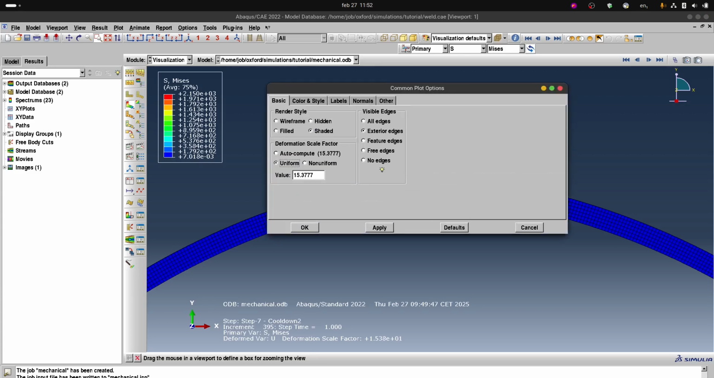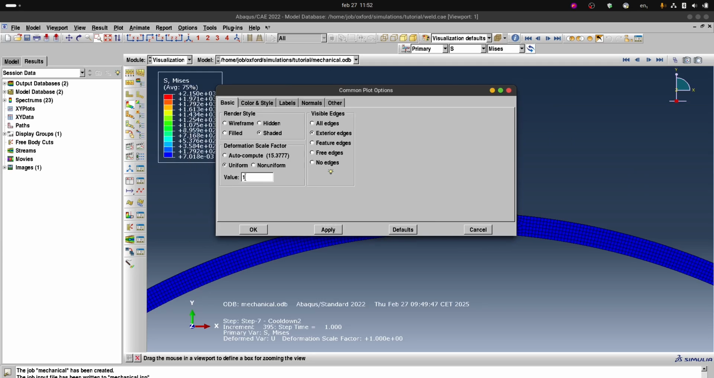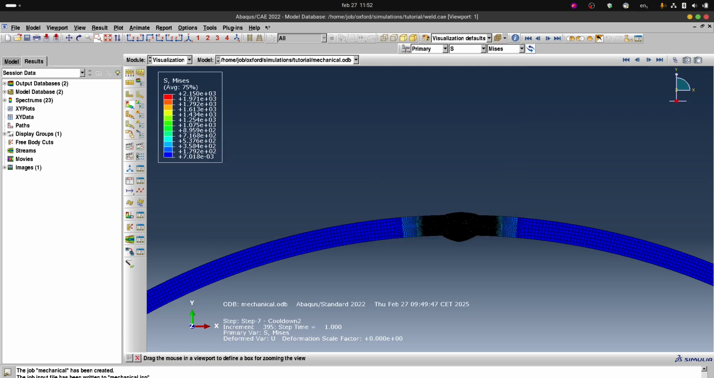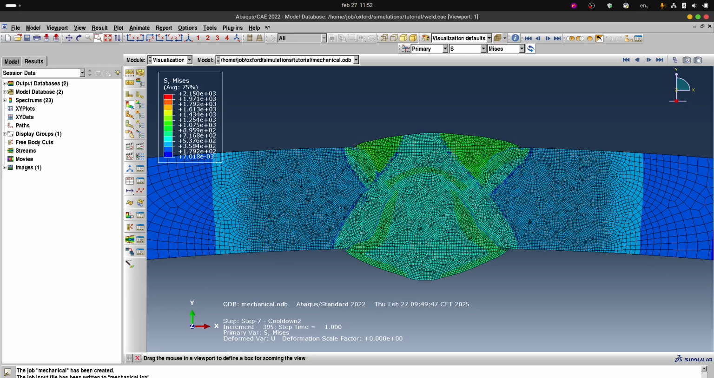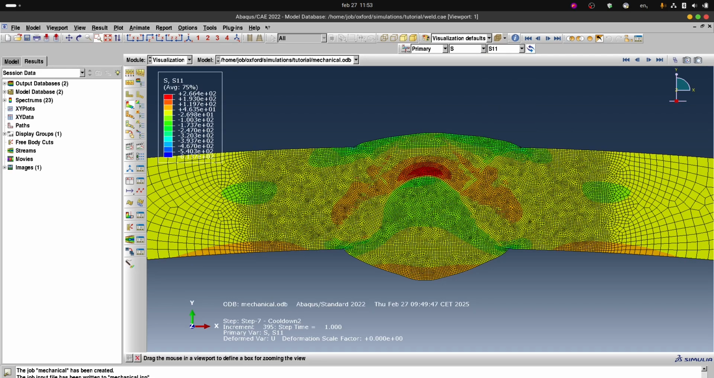And with this deformation scale factor, well, setting it to 1 gives already a pretty good idea. But let's just put it to 0. So now the deformation is not shown on the mesh itself. And now you can see the residual stresses, or the stresses in the x direction, or the amount of plastic deformation